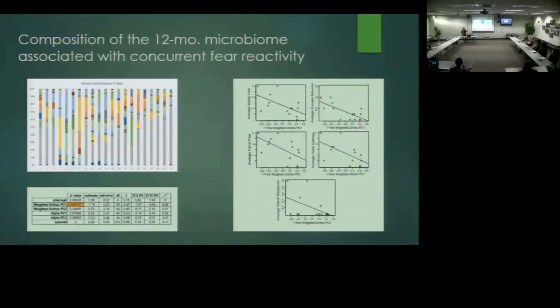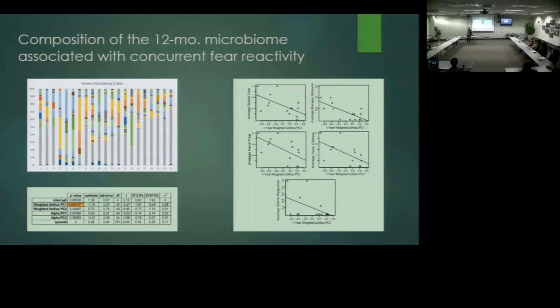And then we see that the composition of the 1-year microbiome is associated with concurrent reactivity. So this little taxa bar plot here, each column is a child, and the colors show the relative abundance of different bacterial groups. And this is organized by the first principal coordinate. Microbiome data is also highly multivariate, so we do a lot of things trying to reduce the data and summarize it. So you can see as you get to the right, you've got kids with more of this gray group, in general, that's Bacteroides. And you see reduced levels of this medium blue group over here, which is Veillonella,